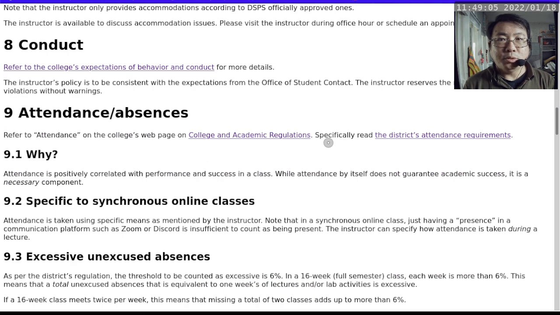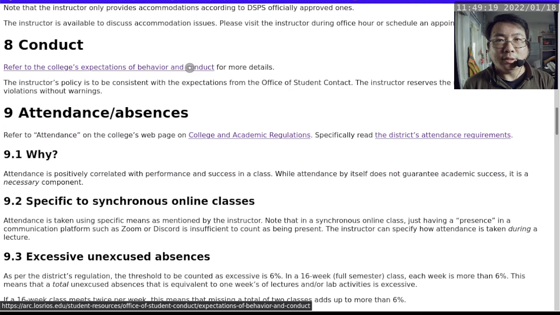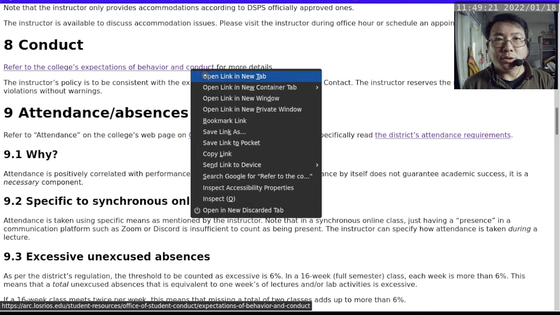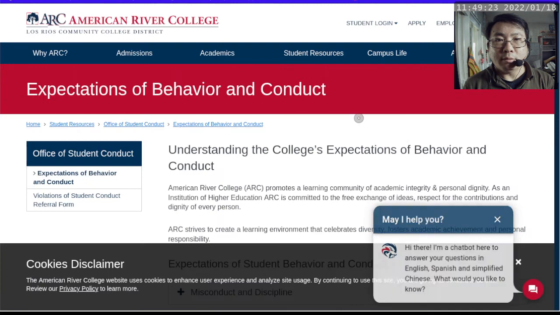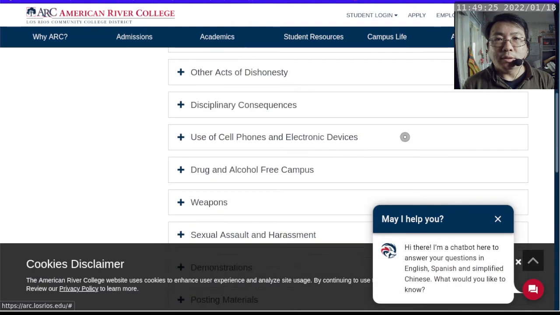Section 8 used to be a really long thing, when I was writing it out myself, but now I just refer to the college expectation of behavior and conduct. This does not mean that you can just say, yep, I know where the link is, and that's it. You probably want to actually open up a new tab, go there, and then go through all of the items